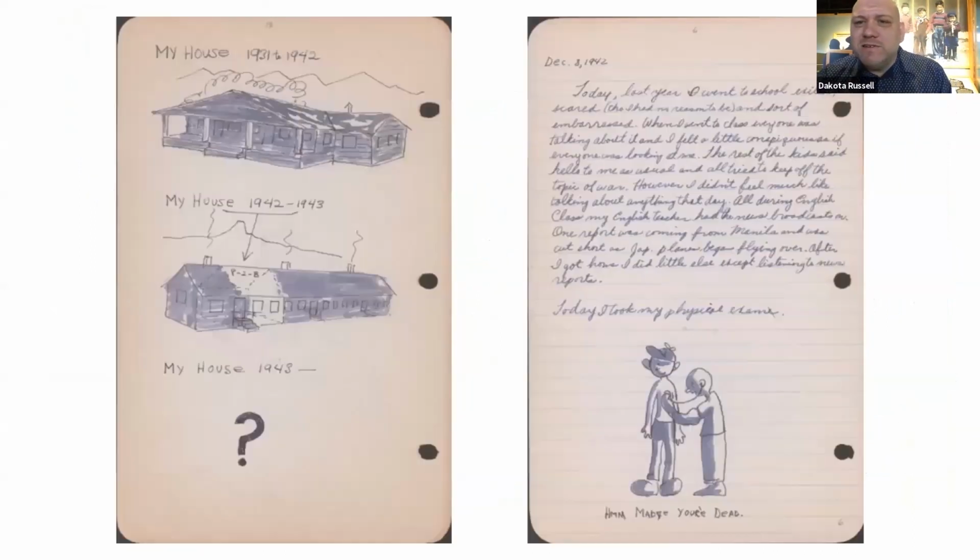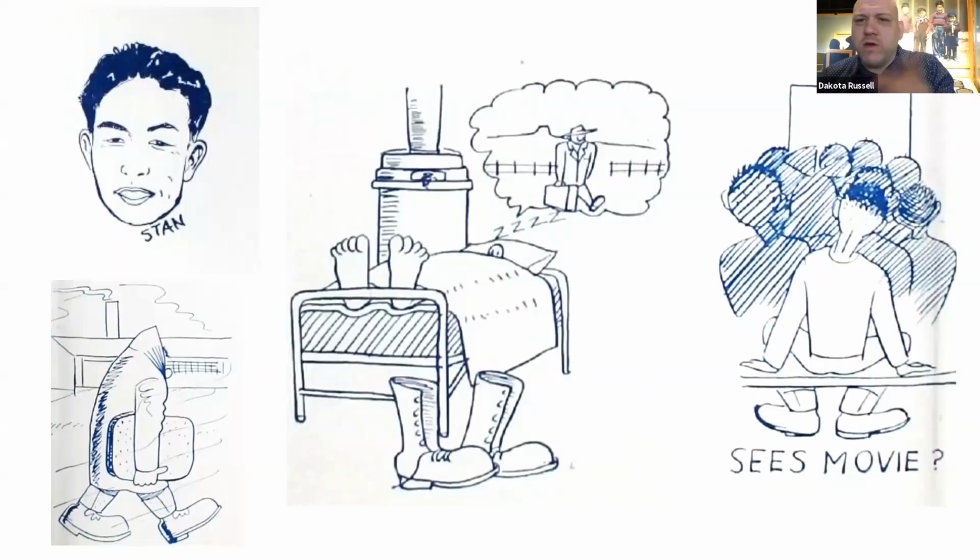The second cartoon, if we go back, you can see Stan sleeping in his bed, right? And behind him, you'll see the only source of heat that they had, which are these coal-burning stoves that each of the rooms that they lived in have. But you can see in his dream, he is leaving Heart Mountain there. He's nicely dressed, got on a nice suit there, and he is getting away from camp. So this shows us somebody dreaming about when they're finally able to leave.